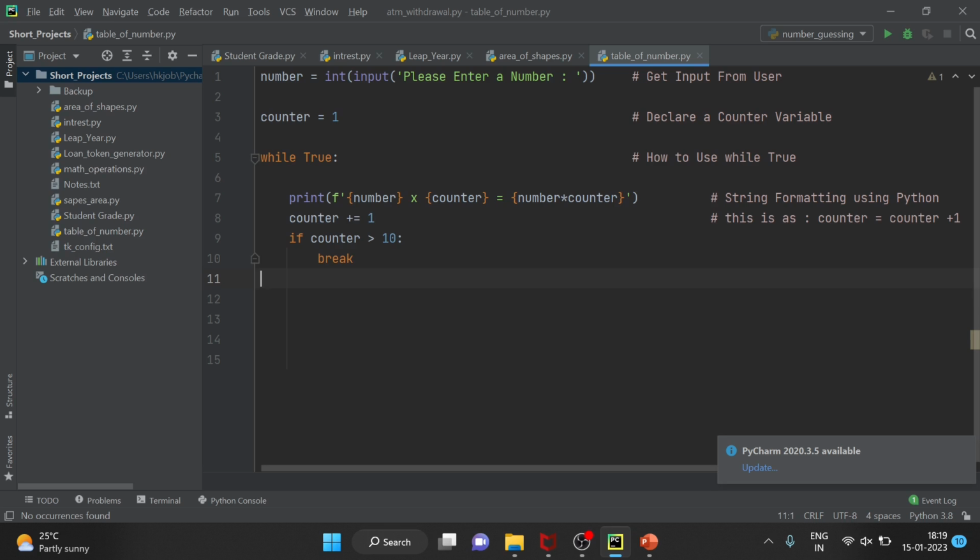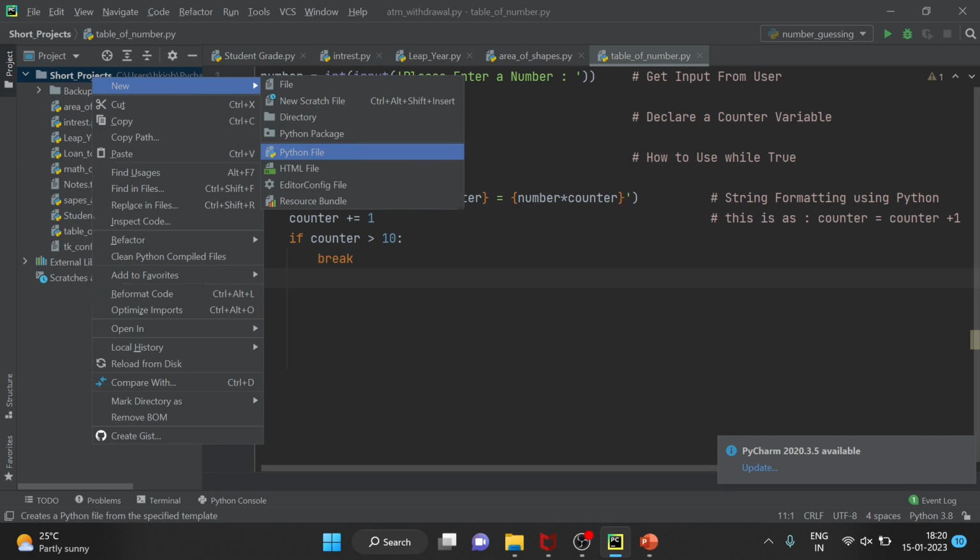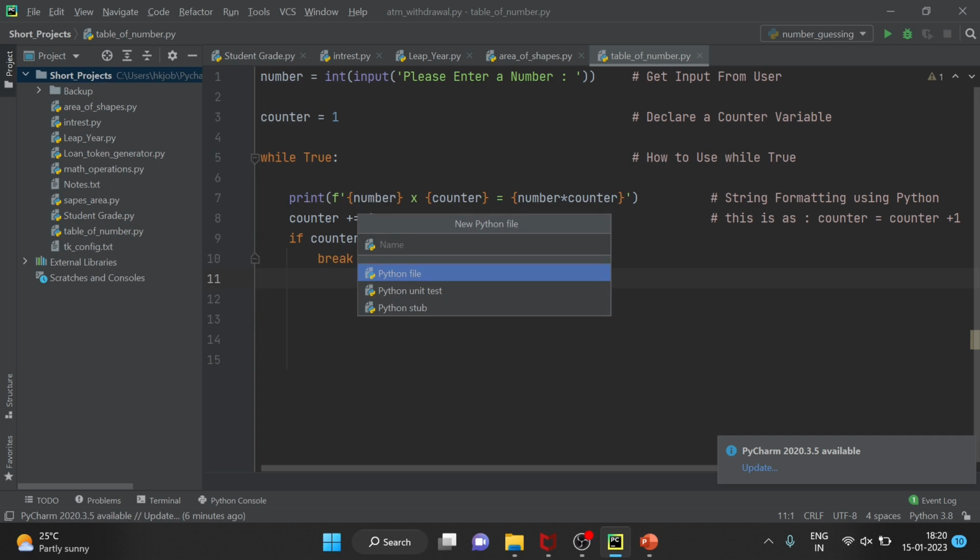So here I am on my PyCharm Python code editor. If you don't know how to install it, the link is in the description. These are all programs we have already completed. I am going to add a new Python file to this project. So now we will name this Python file as,